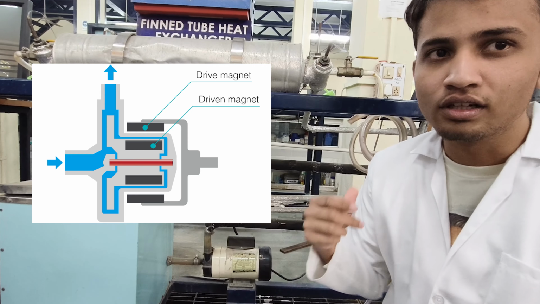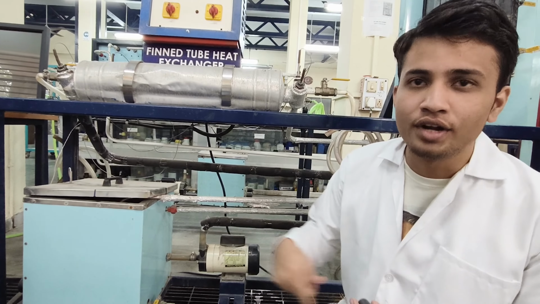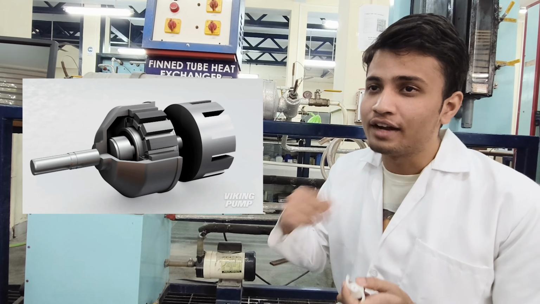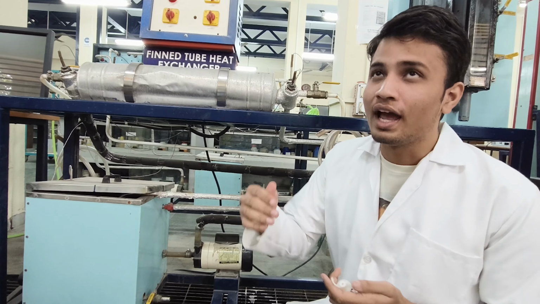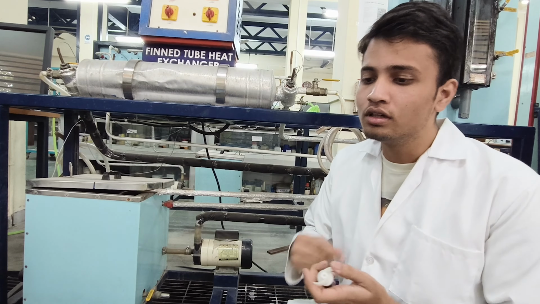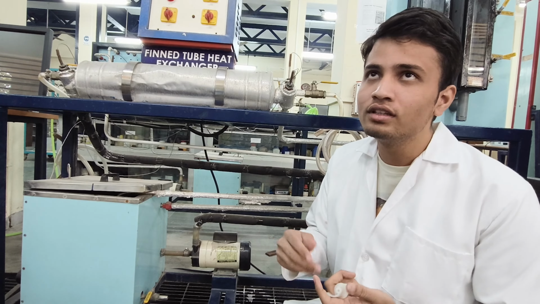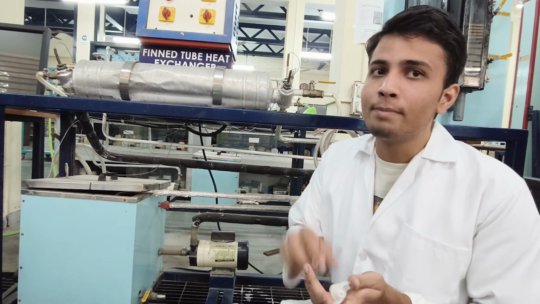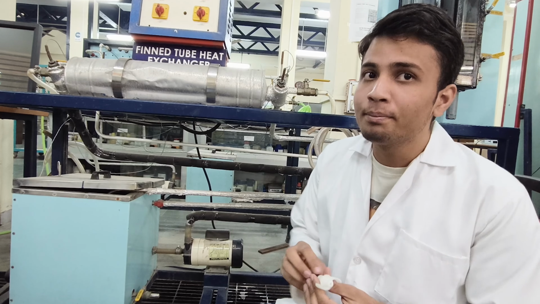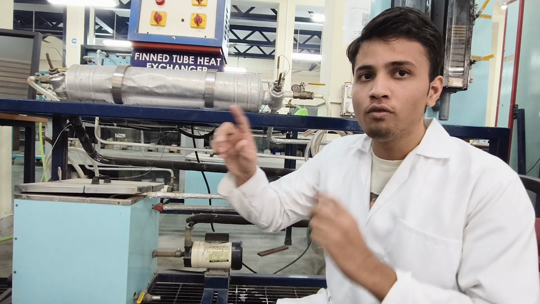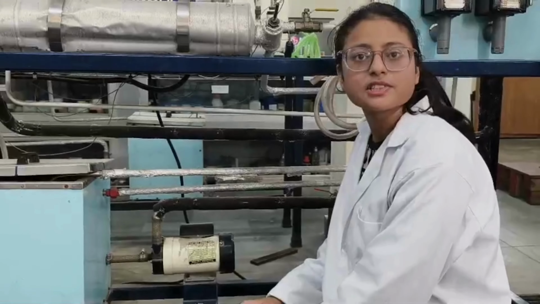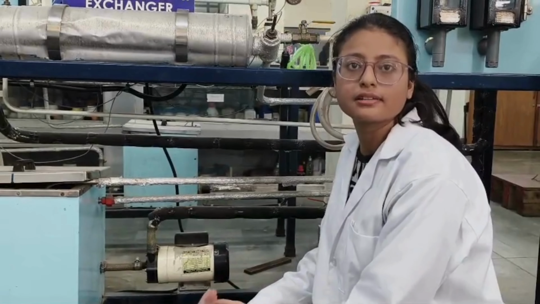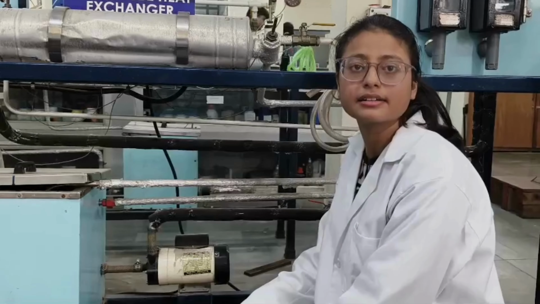Now, as we switch on the electric motor, the outer magnetic ring starts rotating, due to which it creates eddy currents in the smaller magnetic ring, which creates the effect of attraction between the two magnets. After a negligible amount of time, the smaller magnetic ring starts rotating with the same angular velocity as that of the outer one. As I said before, the inner magnetic ring is connected to the impeller. As the inner magnetic ring starts rotating, the impeller also starts rotating, which pushes the liquid forward, hence the liquid gets pumped. The advantage of this pump is that it transfers the liquid without any direct contact between the motor and the liquid, so it does not leak, which makes it very safe for handling dangerous and corrosive liquid.